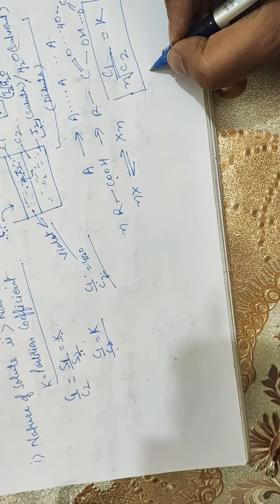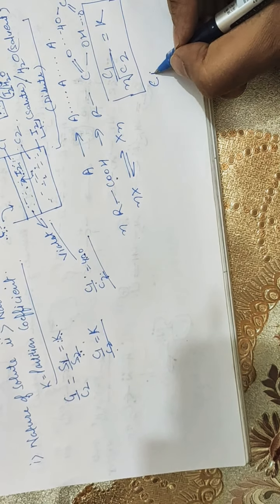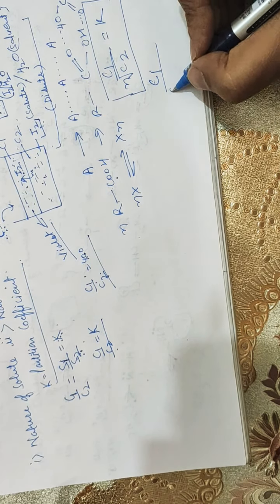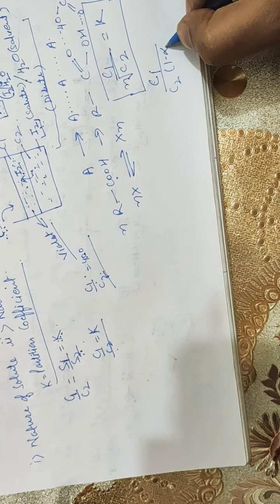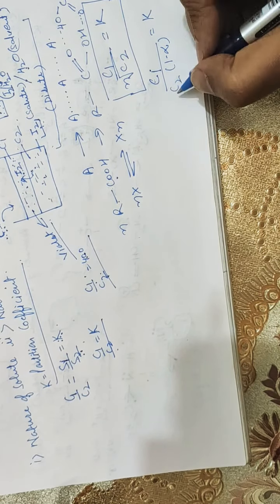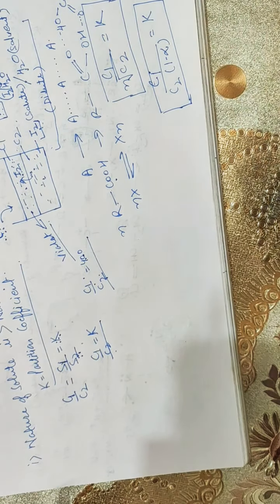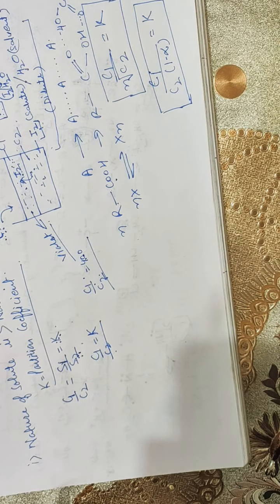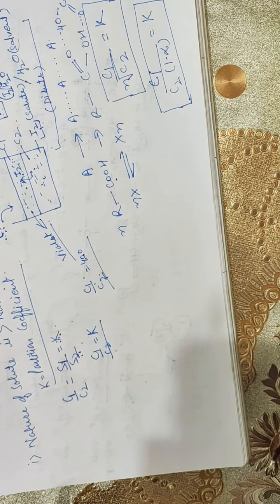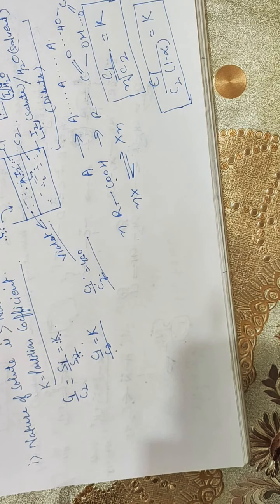for the dissociation it will be written as C1/C2(1 minus alpha) is equal to K. Alpha is the degree of dissociation, and C1 and C2 are the concentrations of the solute in different solvents. So further, it is helpful in the study of chemical equilibrium involving formation of complex ions.